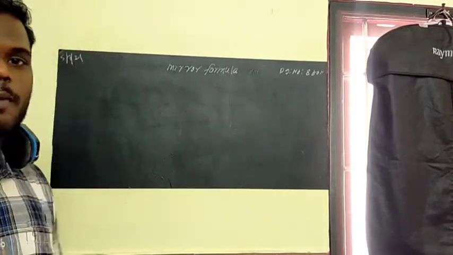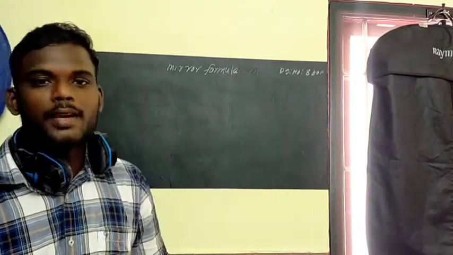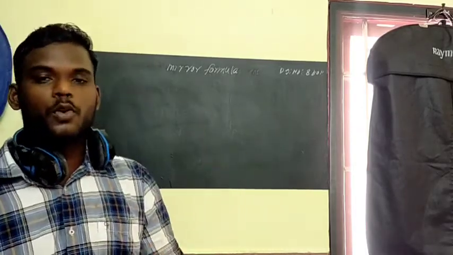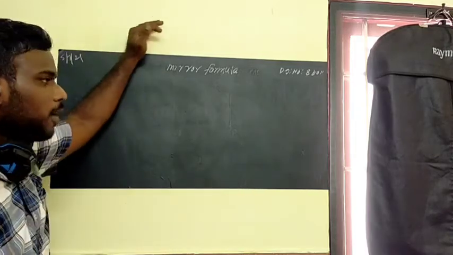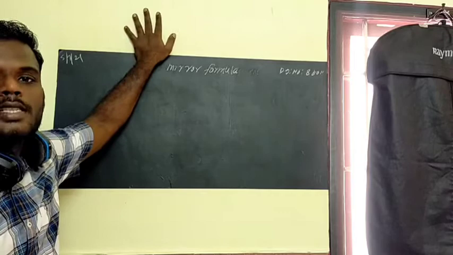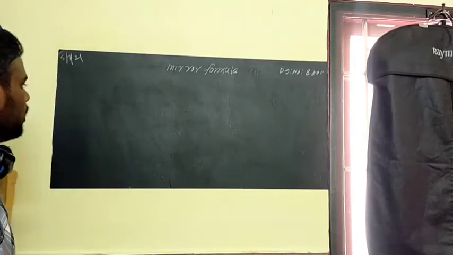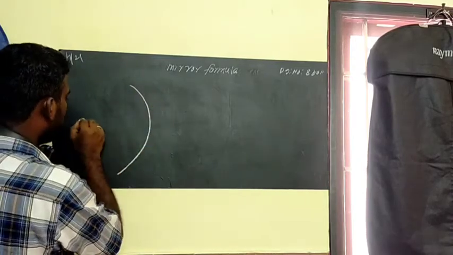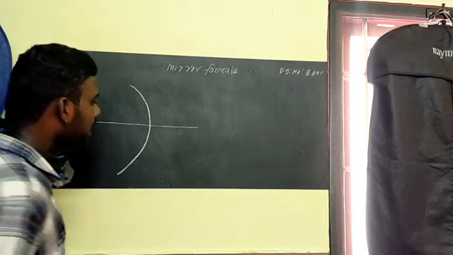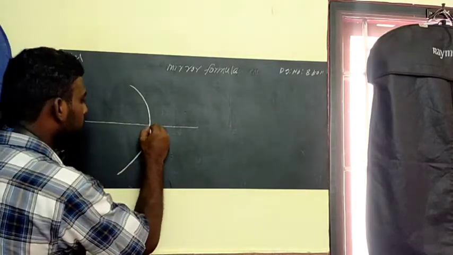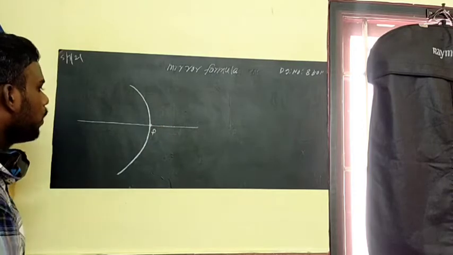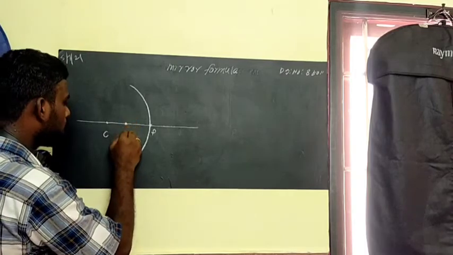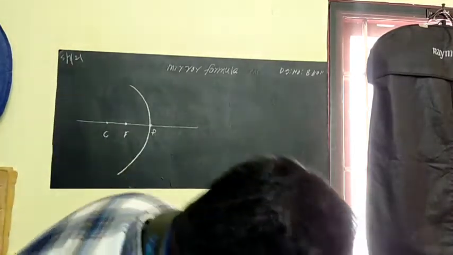What I told you, this formula will help us to find the location of the object with the help of image distance and focal length. Which means, I simply tell you, this formula gives the relationship between object distance, image distance, and focal length. Is it clear? So I'm going to derive this formula with the help of the image formed by a concave mirror. Please understand this one. This is the pole, this is the curvature, and this point I can take as focus. Is that clear?